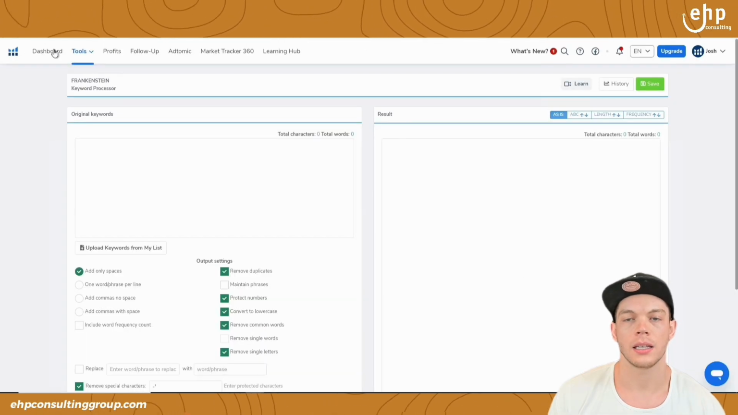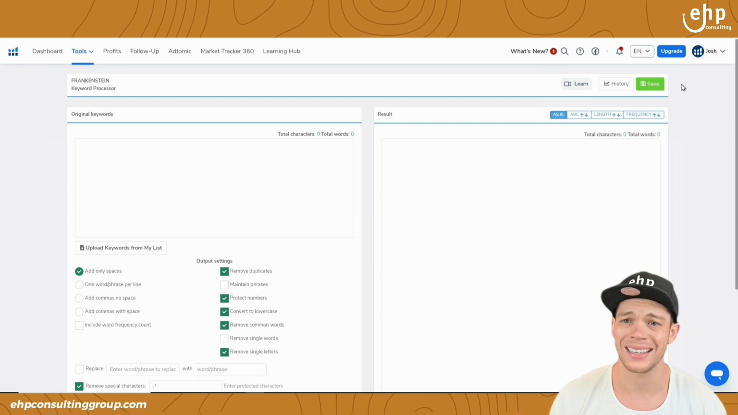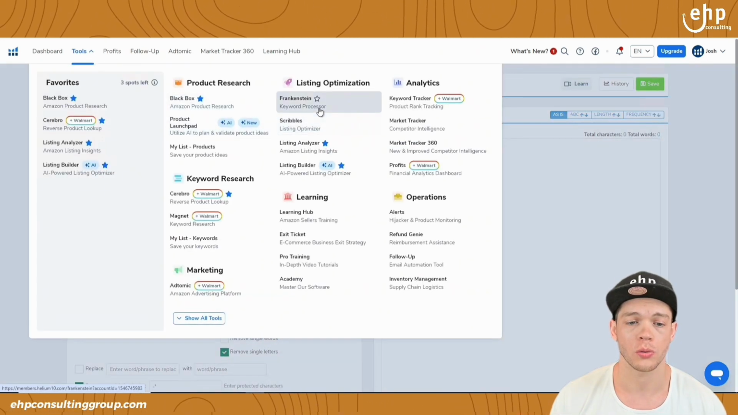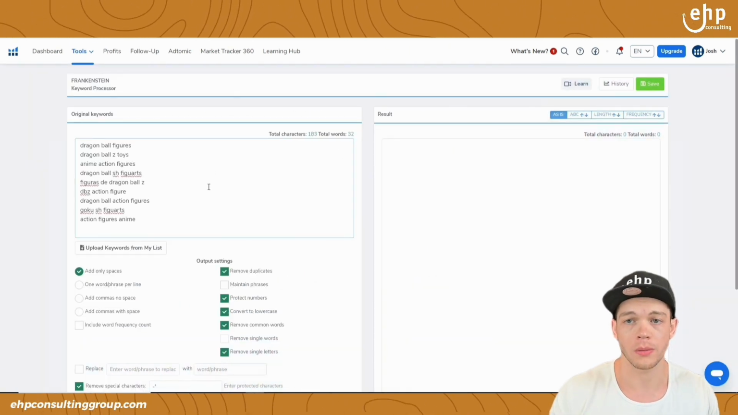So you can log into Helium 10 for free. You can sign up for free. Just go to Helium 10. You can sign up for free, put any email, and it'll let you sign up. After that, you're gonna go to Tools, you're gonna go to Frankenstein, and then you're gonna paste that in here, the keywords that you think are good. Make sure you review those